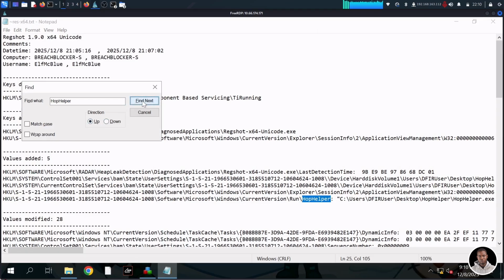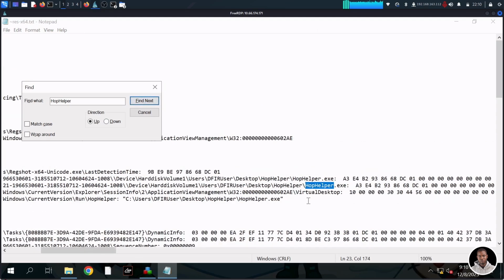Which one is the first one? So I think this one is the first one, from the hard disk volume, a specific user called DFIR user. Let's switch this to down and find the next one. This is still on the same line. So let's